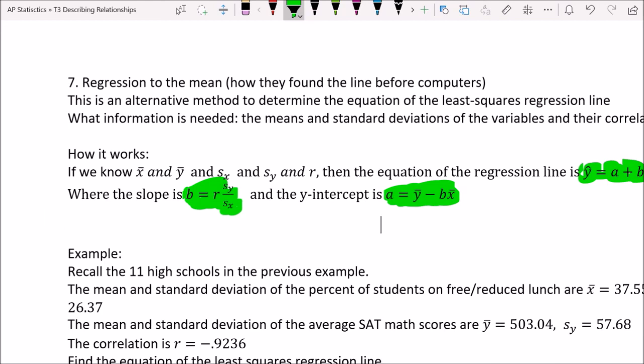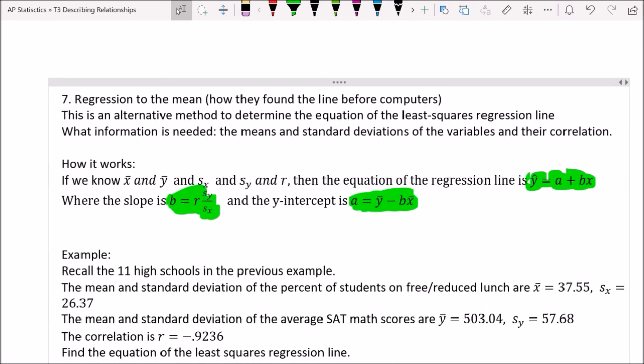We're going to go back to the 11 high schools in that previous example. Okay, so let's say the mean and standard deviation of the percentage of students on free and reduced lunch are 37.55 with a standard deviation of 26.37. Mean and standard deviation of the average SAT math scores are y bar equals 503.04 and S sub y, the standard deviation, 57.68. And they gave us the correlation coefficient of negative